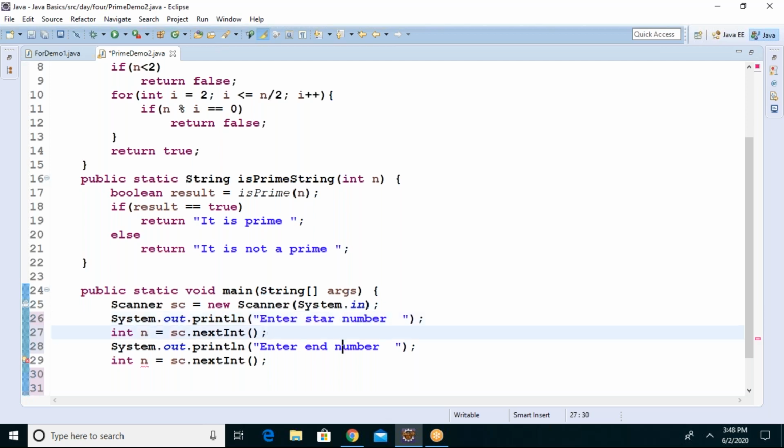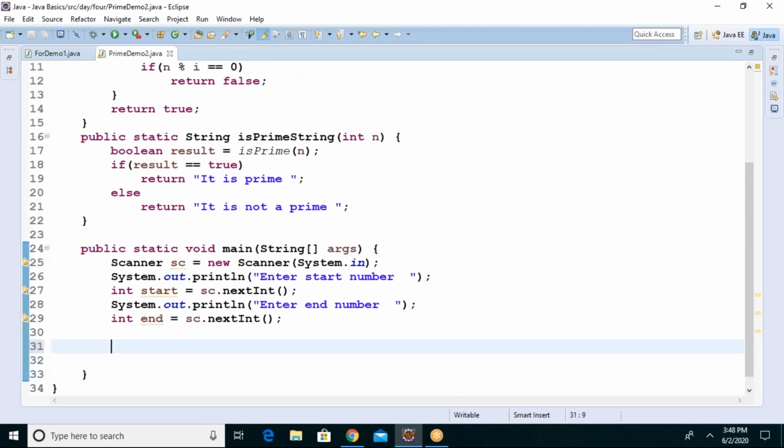Enter start number, enter end number. I'll take it as start, I'll take it as end. So I hope you understood what I'm trying to say. I want to print all the prime numbers between the given range. This is my requirement. After taking two numbers, starting and ending, I want to print the list of prime numbers between the range, guys. Can you tell me how to achieve it?